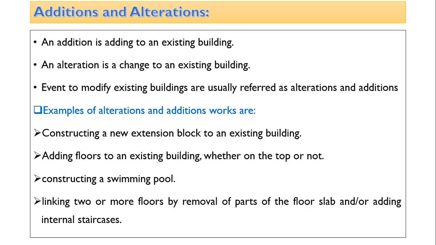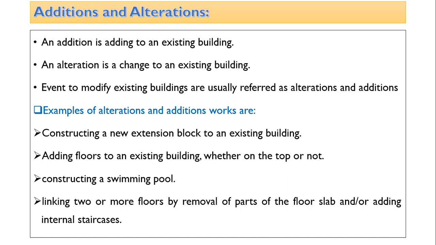Examples of alterations and additions are constructing a new extension block to an existing building, addition of a room, addition of a class, a study room, you can say a bedroom, that is the addition. Adding floors to an existing building. If the building is single storey, you can add one more floor on the top. Constructing a swimming pool, this is addition. Linking two or more floors by removal of parts of the floor slab and adding an internal staircase,